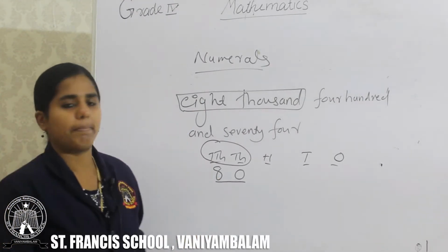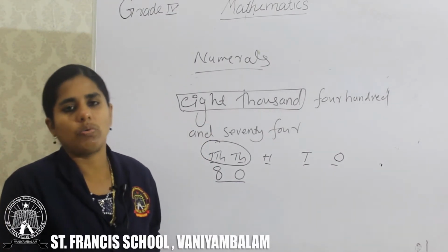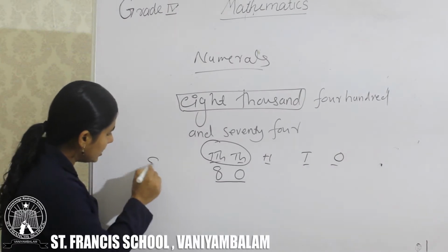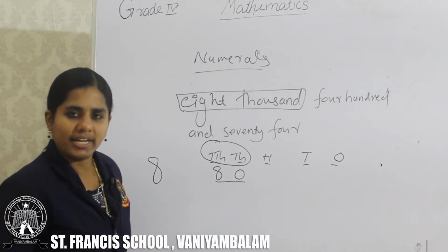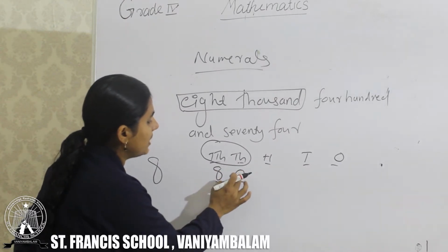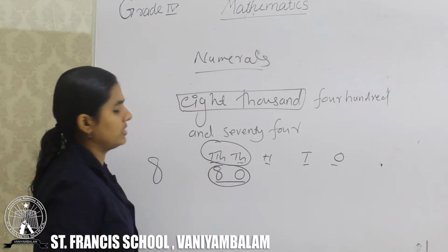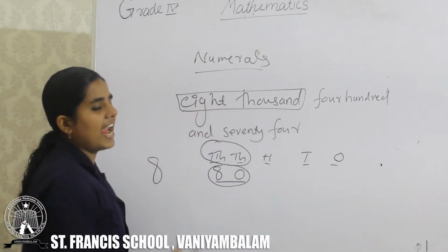But look at your number name. Here we have only 8,000. This is number 8. What is the difference? If you write 8 in the tens place and 0 in the 1000 place, we read 80,000. Then your question is 8,000.